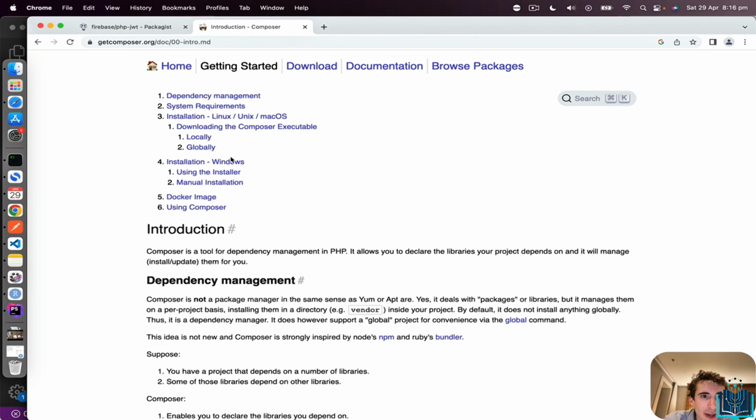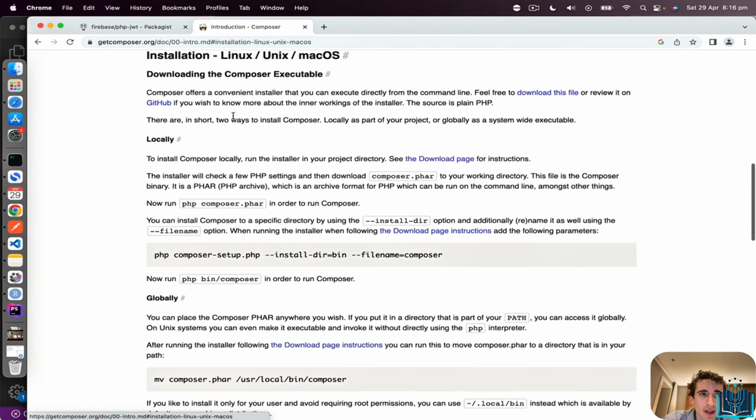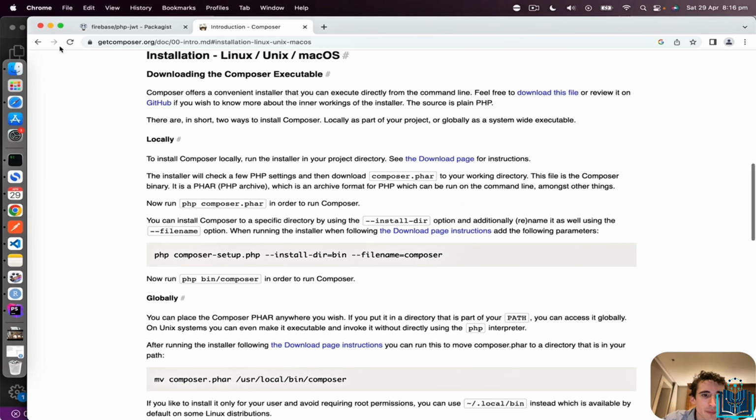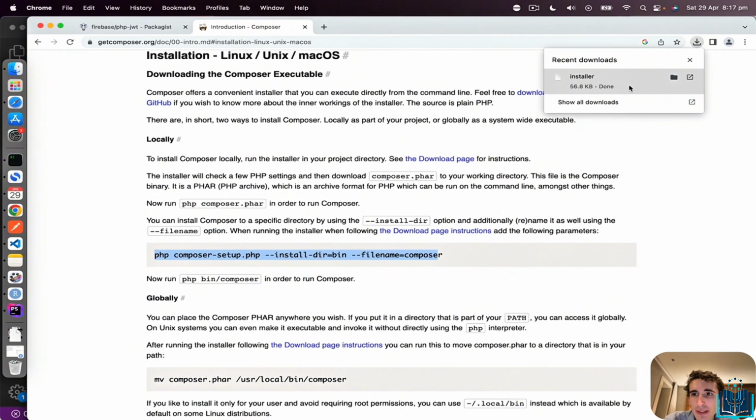So for me, I'm on Mac, so I will go here, install Linux, Unix, macOS. If you're on Windows, use this one. In my case, I will click here. So it's getcomposer.org/doc. The easiest is just to Google it, composer install. And here I will just go into download. So first I will download this file. Beautiful. Perfect. And from there,